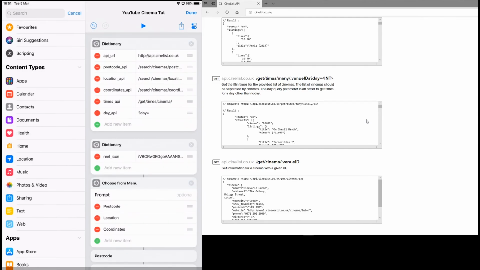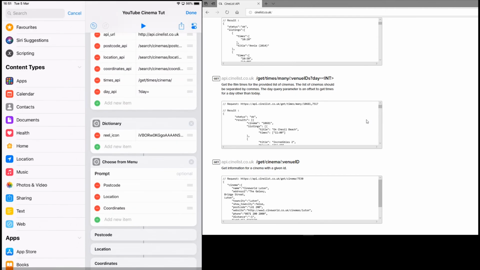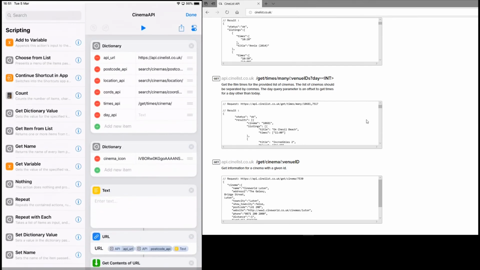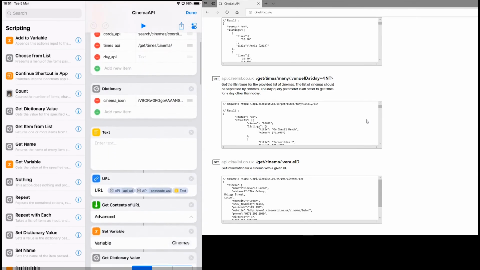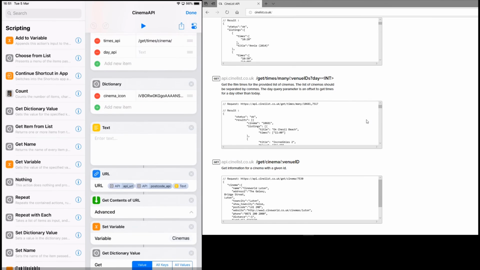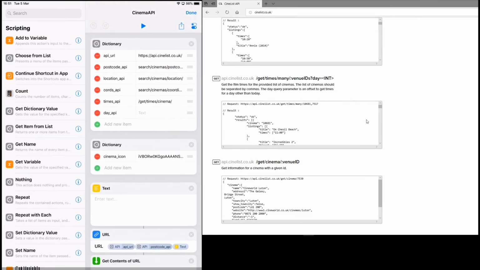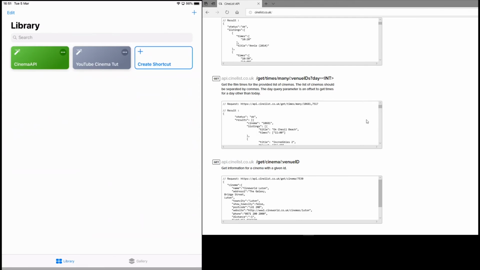and you would generally probably only use one of these, but we're going to do all three for the purpose of the tutorial, just to show you how you can do different things with different API calls, etc. In a general use case, you would probably only have one, and as you can see with the mock test one that I made, I've just got a text field that you can put a postcode into or a place into or whatever. You would just need to change this API call here,